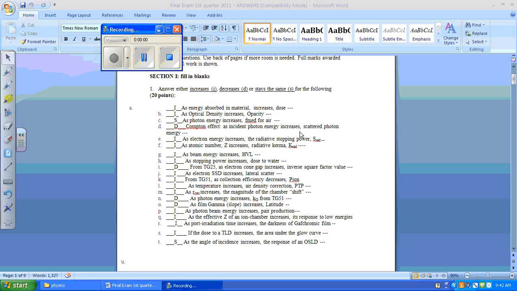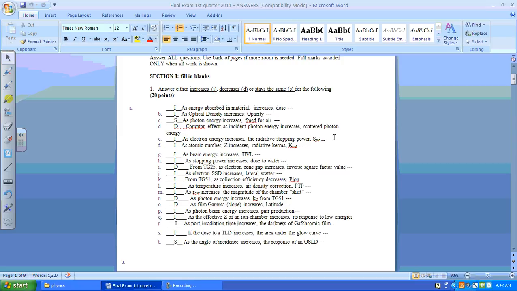Compton effect, as incident photon energy increases, scattered photon energy does what? As this energy increases, actually the energy to the electron starts to receive more dose. Remember there was a graph that looked like